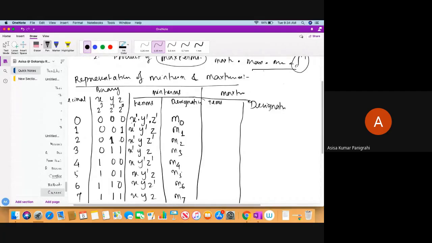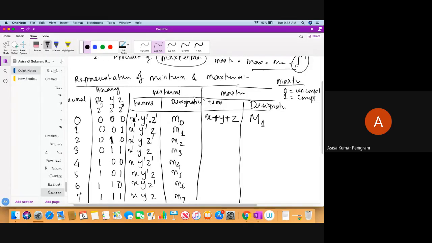During min terms, 0 is complemented. During max terms, 0 is now uncomplemented form, just the opposite, and 1 is in the complemented form. So see here, 0 means uncomplemented. The term will be x, and y is also 0, so uncomplemented y, but here it is OR during max term. And it is z, and it will be designated with capital M. Max term means capital M1.